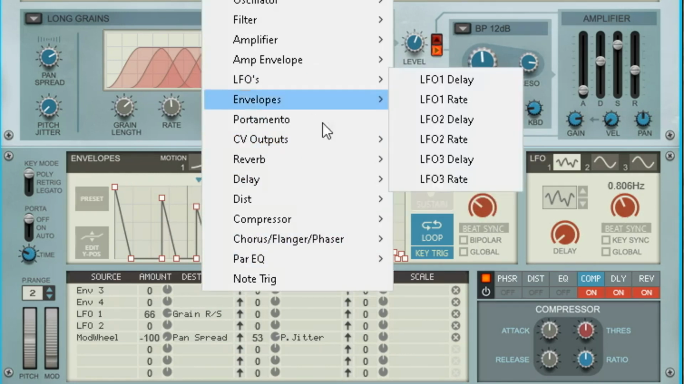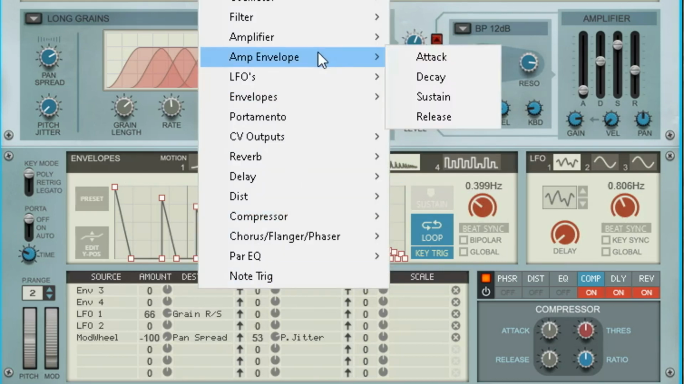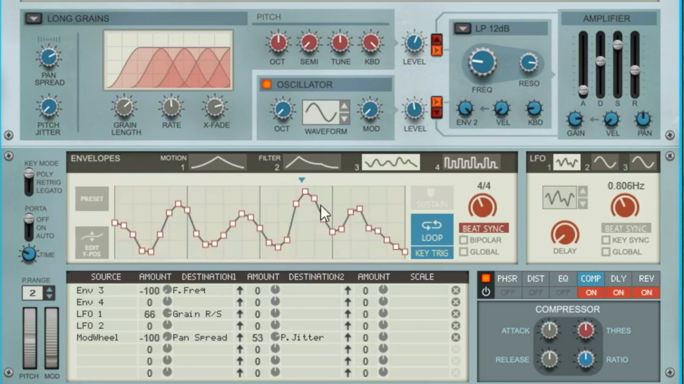And just as an example of what it's good for, we're going to route envelope 3. The destination is going to be our filter frequency. And let's just see what it does. We'll switch it to a low pass. Turn on beat sync, why don't we? And we'll do it. I think you get the idea. So that's what your presets are good for. Save yourself some time and